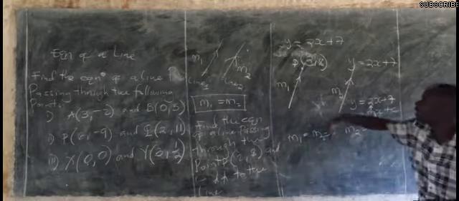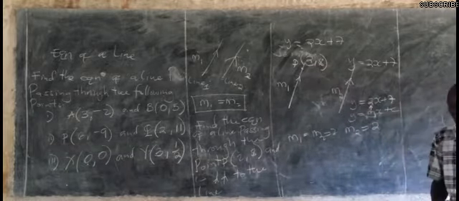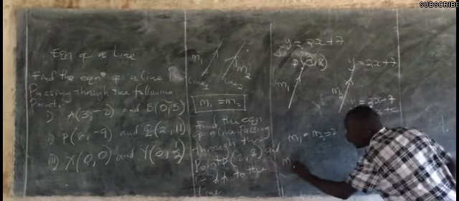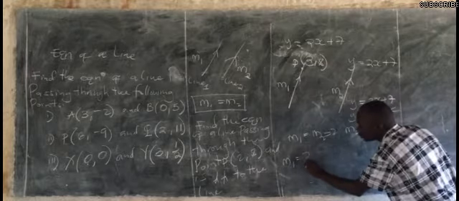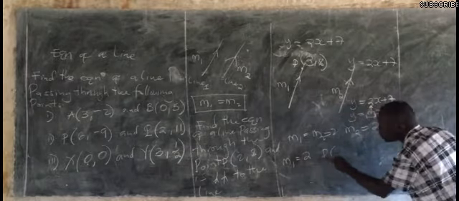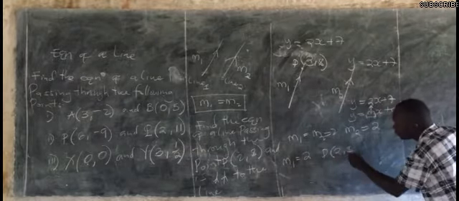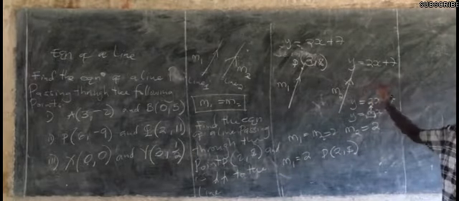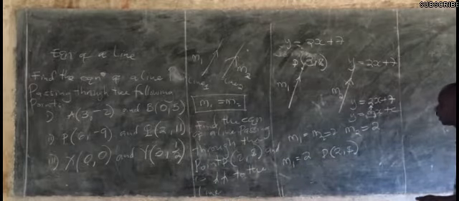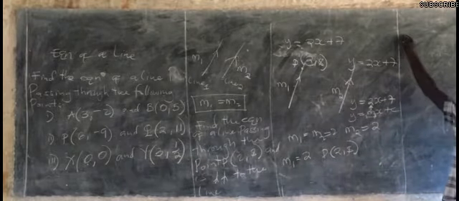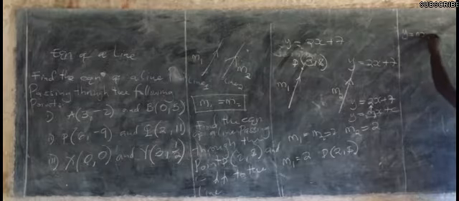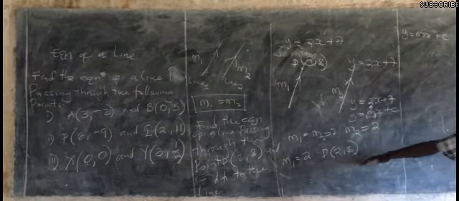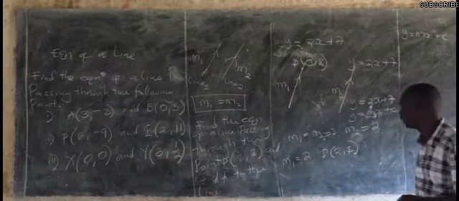Now, after getting m1, and we have a known point, like we've seen in our previous session, we have m1 given as 2, and we have a point P, which is given as (2, 8). From these two, we can find the equation of line 1, coming out of y = mx + c as the general form of an equation, then we can easily substitute and say, if we know